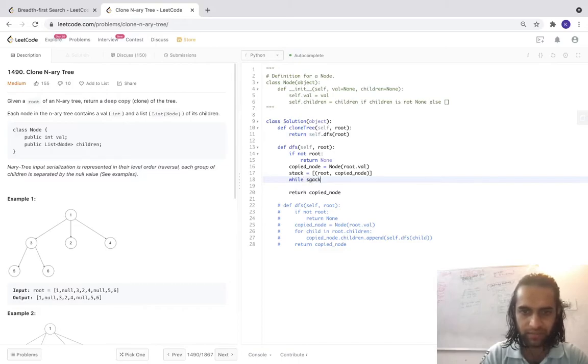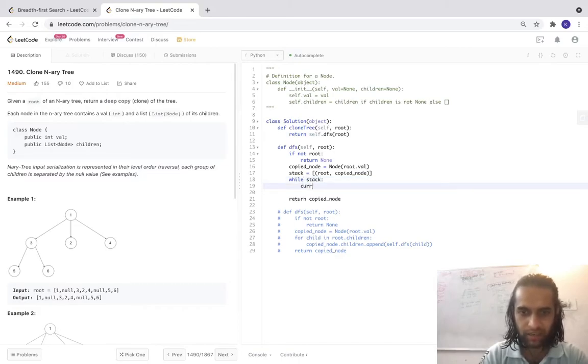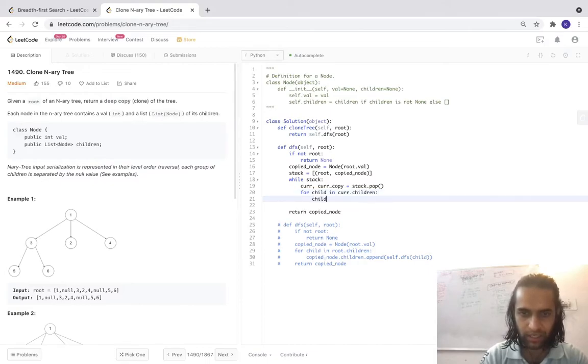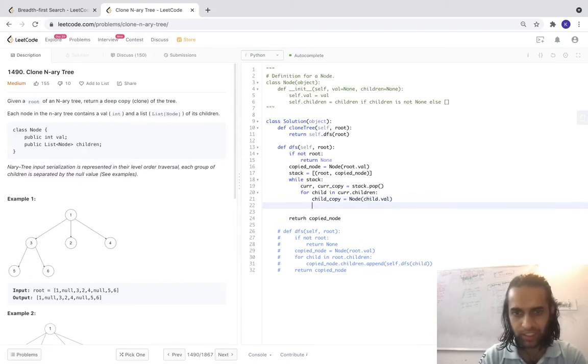While I have something inside my stack, I pop cur and cur_copy from stack.pop. Now, for child in cur.children, I create child_copy, which is Node(child.val), and I push it into the stack.